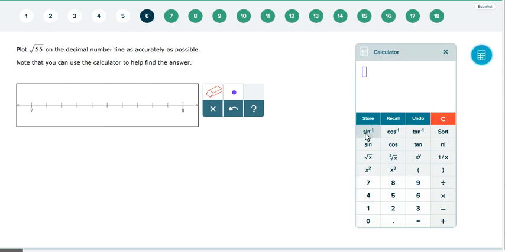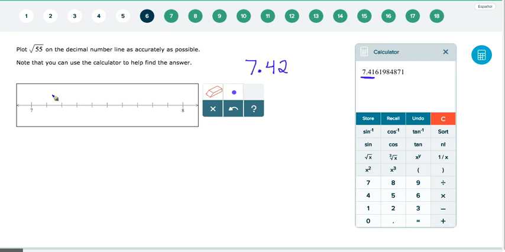Okay, square root of 55. Now to put this in the calculator, we want to click this square root button right here. 55, equals. We'll round to the nearest hundredth just because I don't feel like trying to find that big, huge number on the number line. We get 7.42 if we round. Okay. Now I have my 7 and I have my 8 on my number line,